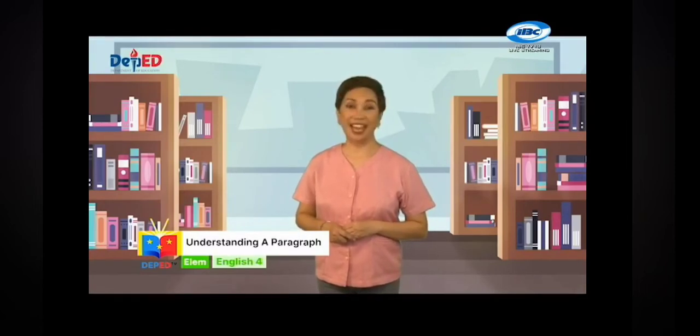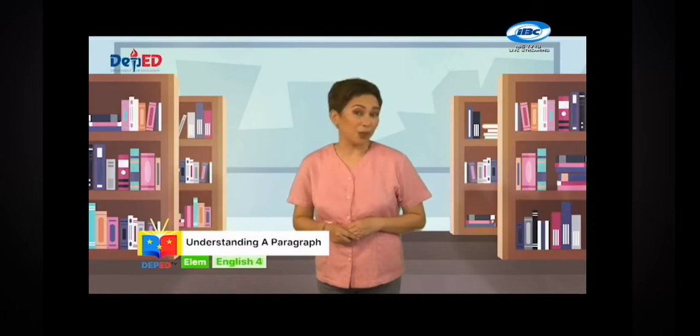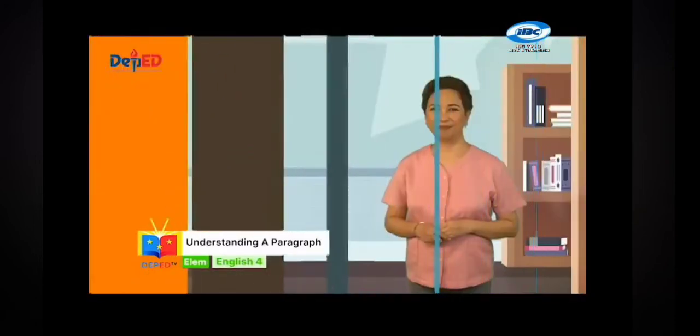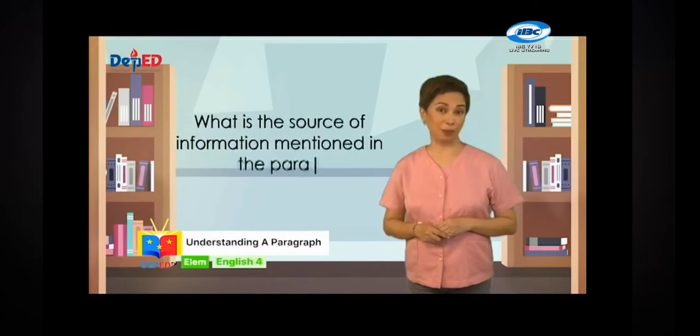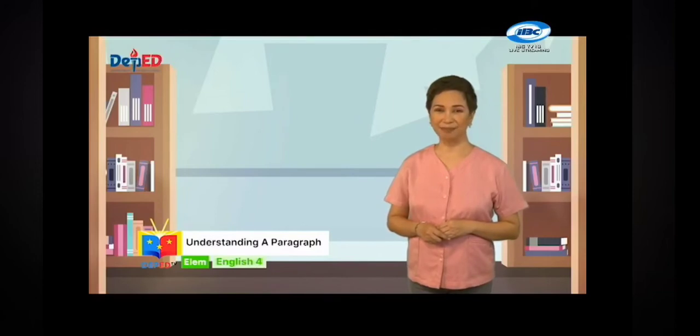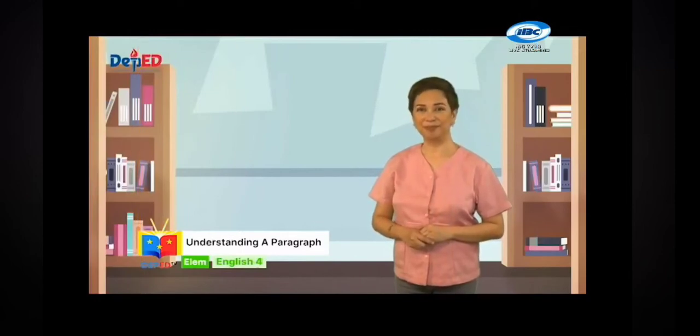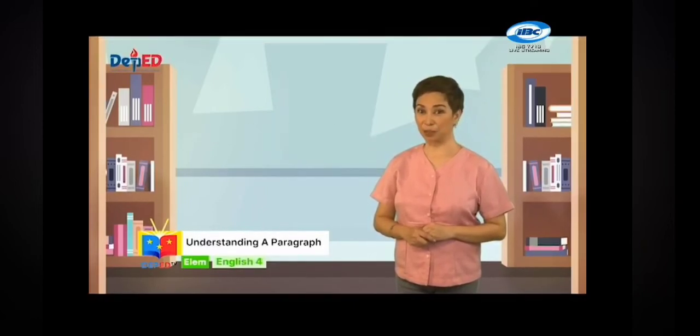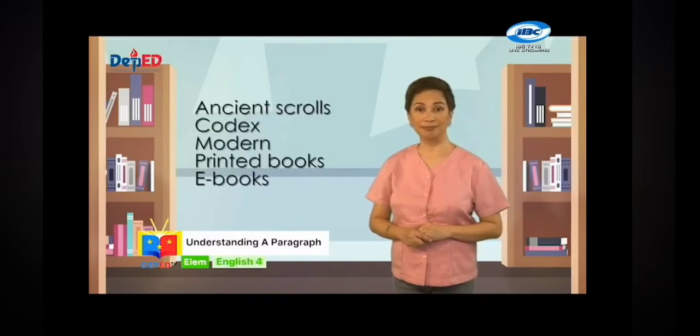Let us now try to answer the following questions based on what we have read. If you have been a well reader, you'll be able to answer these. What is the source of information mentioned in the paragraph? The answer to the question would be books. Next question. What are the types of books? Based from the second paragraph, there have been various types of books like ancient scrolls, codex, modern printed books, and